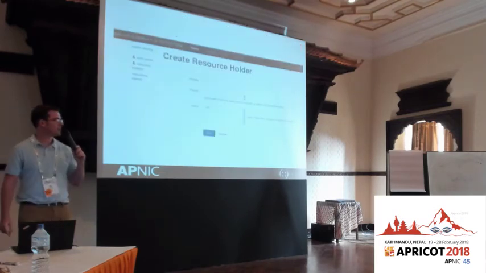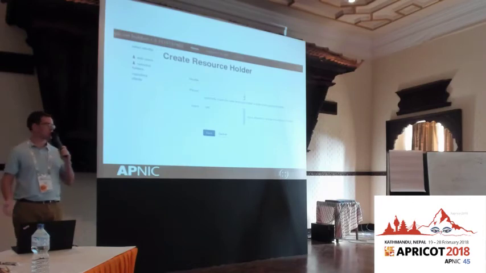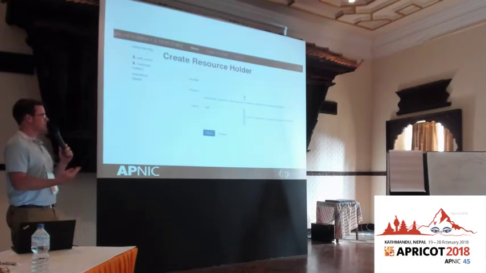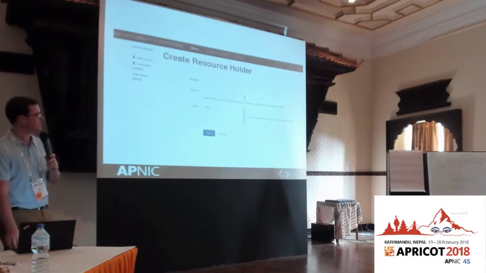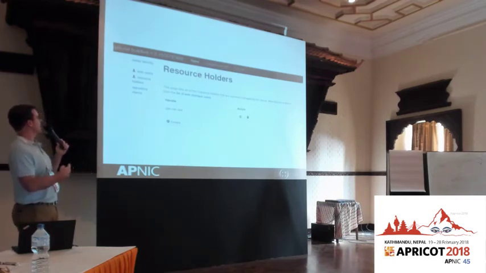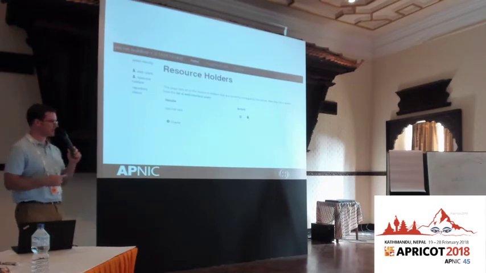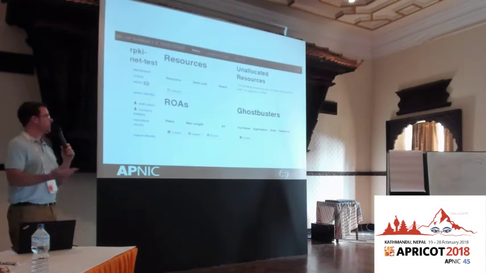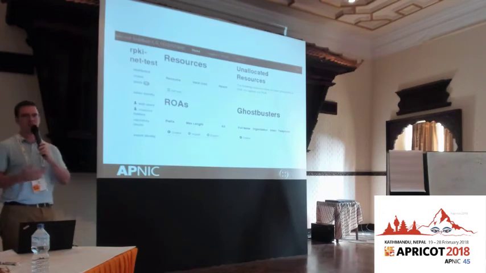So you create a resource holder. The first field is handle, which can be an arbitrary string. The parent is left blank at this stage because there are no other resource holders within the system. And then the users is where you opt for users who can manage that resource holder. Then it's created, and after it's created, you click Select Identity on the top left-hand side. And you'll get a page where you can pick that newly created member, and then you'll come to the landing page. And this is where you create ROAs, manage links upwards, set up repositories, that sort of thing.